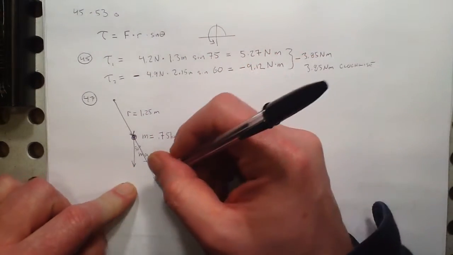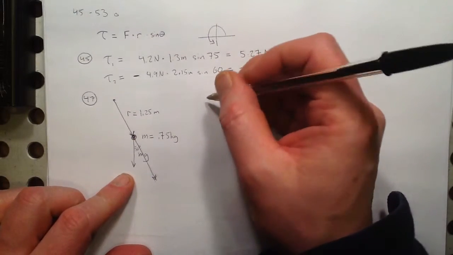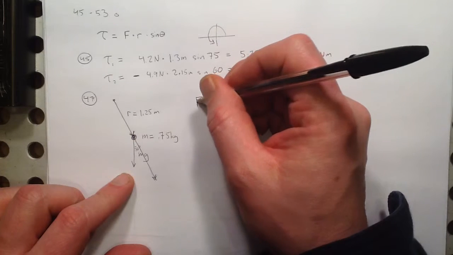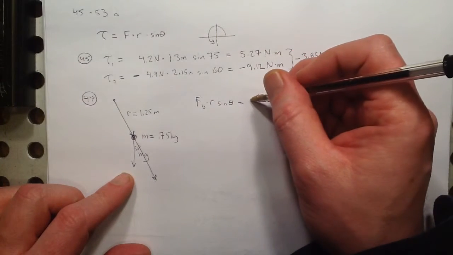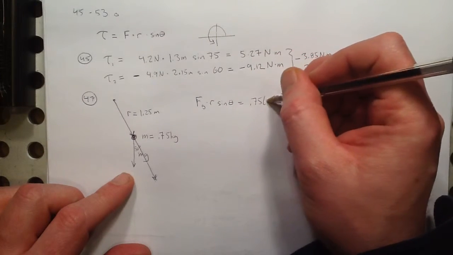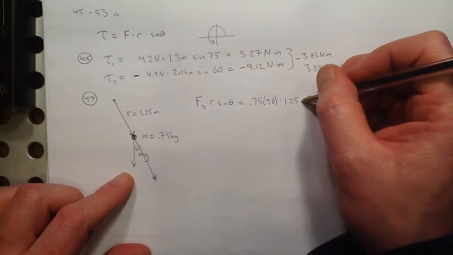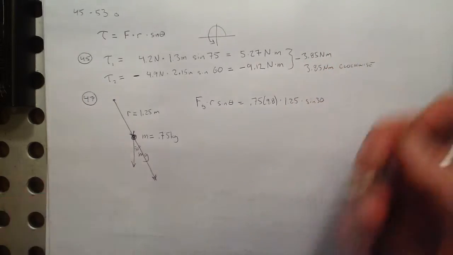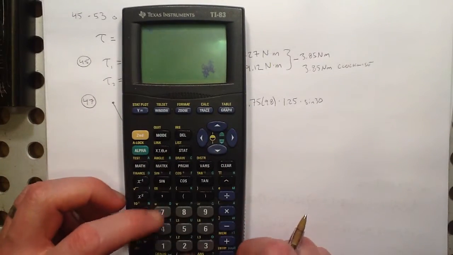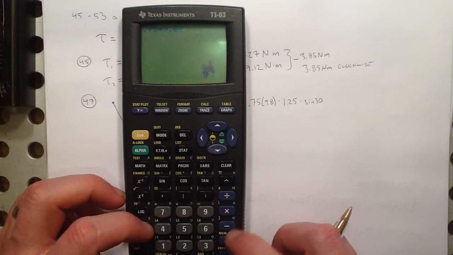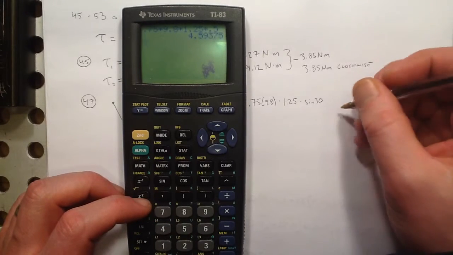So the gravitational torque, which just means the torque caused by gravity, is the gravitational force times the radius times the sine of the angle between them, which is mg, that's my gravitational force, times r times the sine of the angle between them. Sine of 30 is just 1/2. So that is 0.75 times 9.8 times 0.25 times the sine of 30, which is 1/2. So that is a torque of